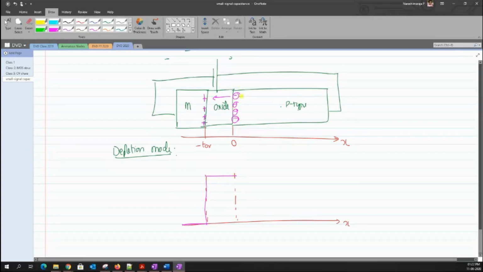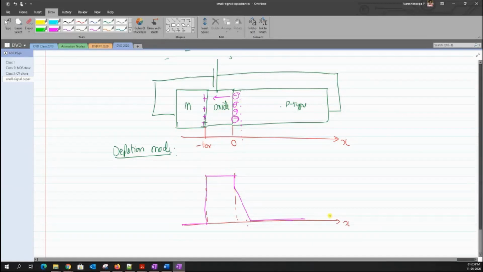Now, what about the field across this layer of the semiconductor? Was it constant, or did it go down? How was the electric field across this depletion region? Linearly decreasing. Yes, it was linearly decreasing. So it goes something like this. It is not exactly the graph that I have. And we also know that electric fields can jump to different values, so they can have distinct values at these interfaces.